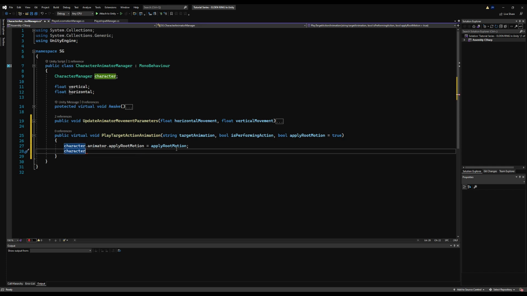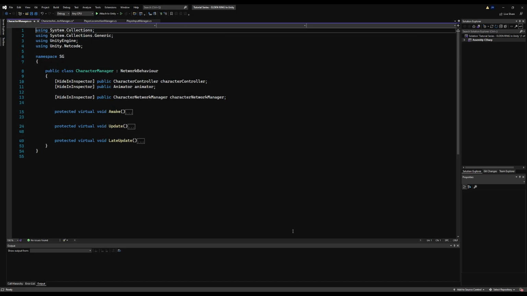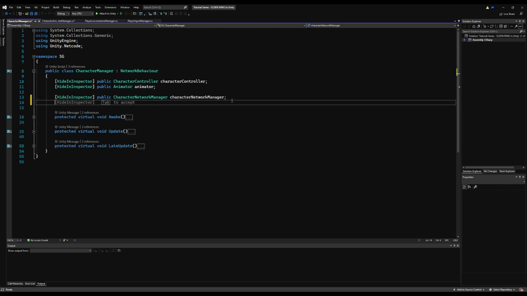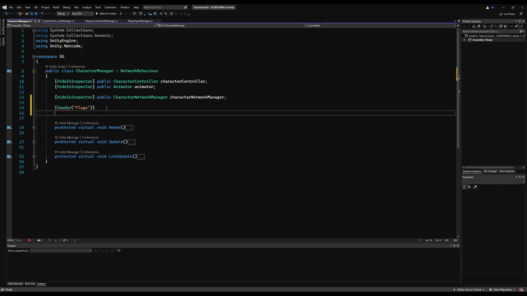And then we're going to say character dot animator, as in our animator component, dot crossfade, and we're going to play our target animation, but we're going to blend it over a time of 0.2f. All right, so this flag, so let's say you're rolling. You don't want to be able to roll again mid-roll, because then you could just cancel all of your actions with another action, and that's not what you want to do. So this is what we use is performing action. It basically acts as a flag to stop you from doing certain things and limit your actions and movement. And as you get deeper into this project, you'll notice a lot of actions have exceptions, so we have to add more flags, but a lot of actions will just simply use one general flag. Are you busy? Which is performing action. Okay, if you are, then you can't do anything.